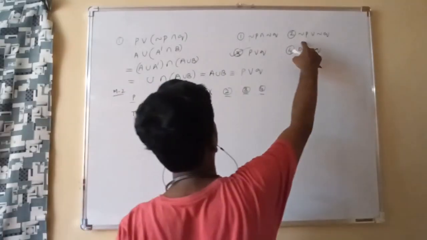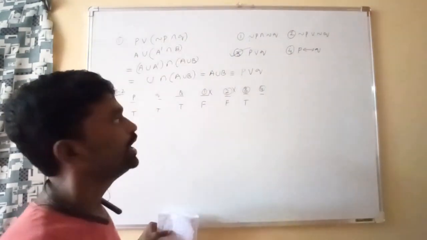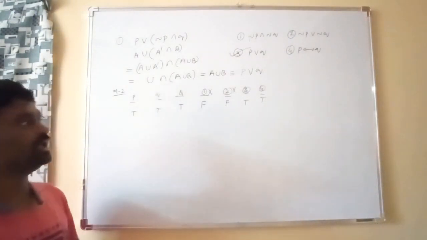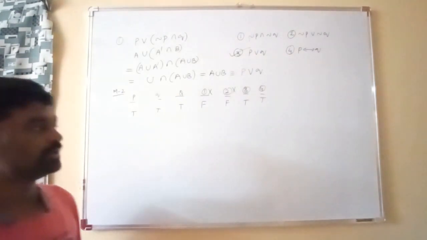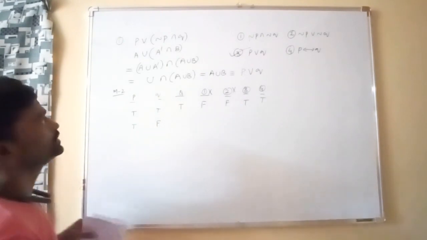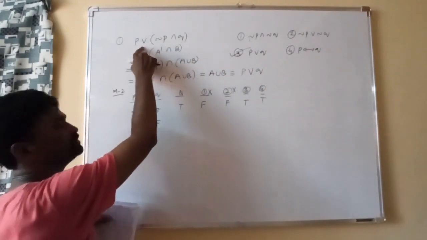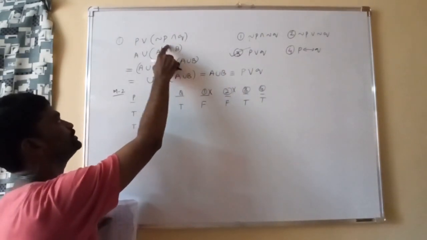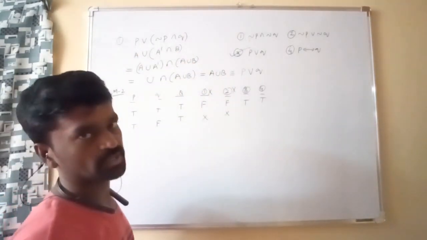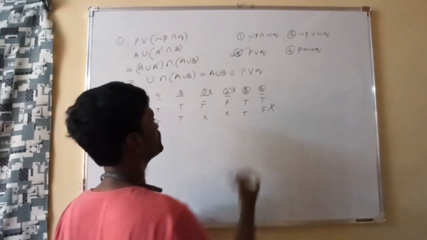And if you observe here also, false or false is false only, so the second option is also wrong. Obviously you will get the third option true, and the last option also true. That means, in this case, by taking P true and Q true, we eliminated the first and second options. Next, taking one more case, we will get the correct answer. Suppose I take P is true, Q is false. Anyway, the symbol here is "or", so as P is true, true or false also makes the question true, and no need to calculate truth values of the first and second options. Calculating the third option gives true, but the fourth option I'm getting false. So the fourth option is also wrong.